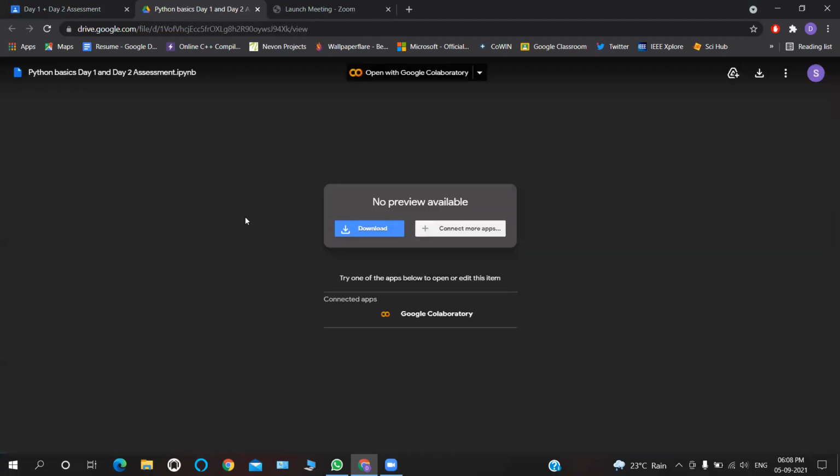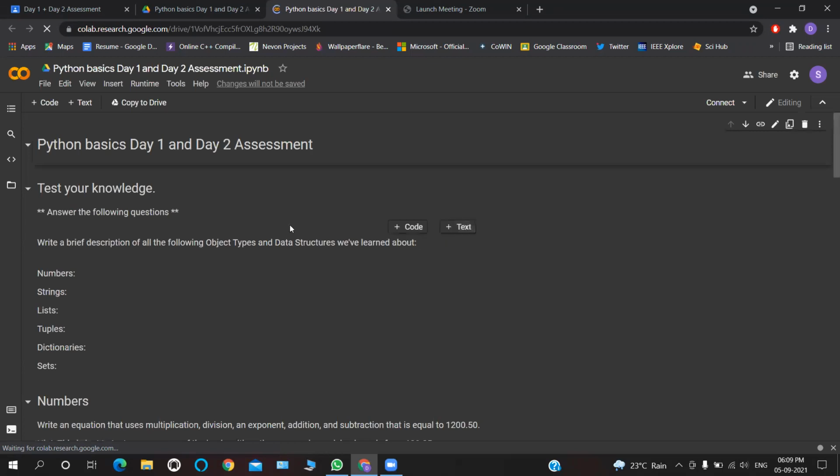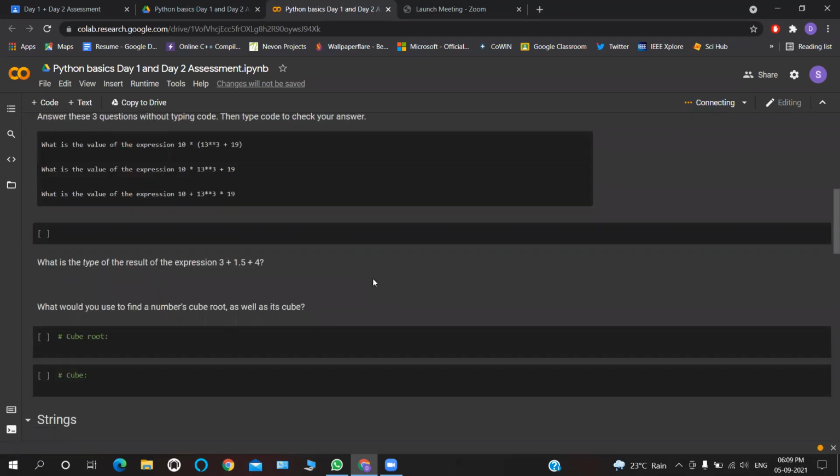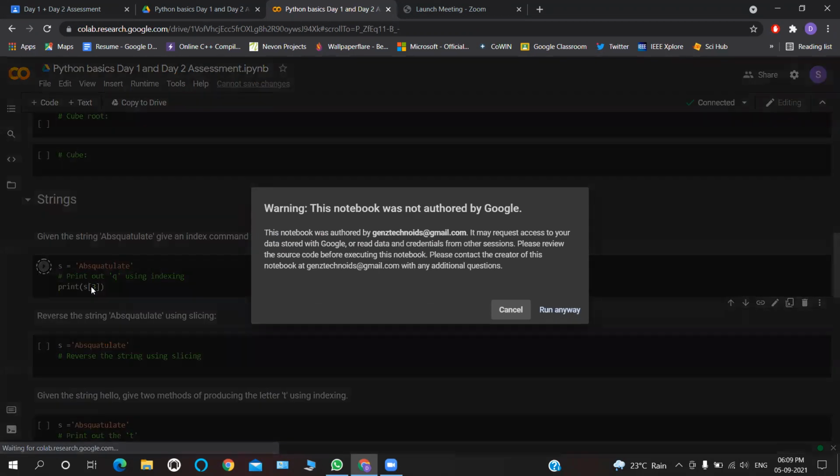So when I select the IPYNB file, here in the top, you can see Open with Google Colaboratory. I'll select that. And the Google Colab notebook opens. So now we will be able to make the changes. So one thing you'll have to remember is, I'll make a small change here. So print of 3. And when I press Shift Enter,